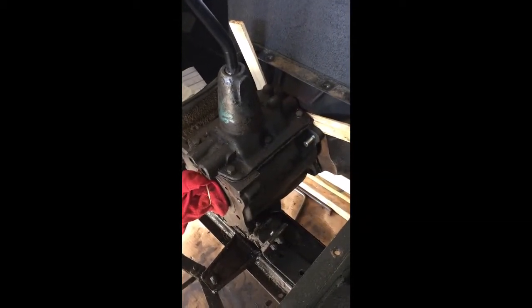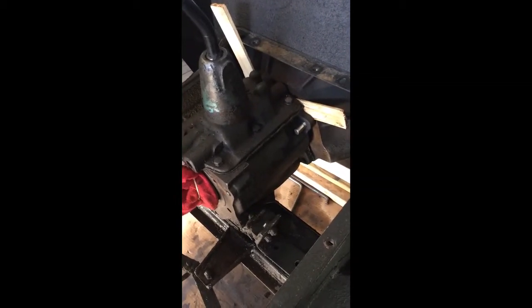After removing the nuts and bolts that were holding the transmission support bracket, as well as draining the transmission, I'm in the process of now loosening the transmission from the bell housing so I can pull it directly out. As you can see, I've made support bolts that I've installed on both sides of the transmission in place of the transmission bolts, just so that it gives it support and keeps it true while I'm pulling